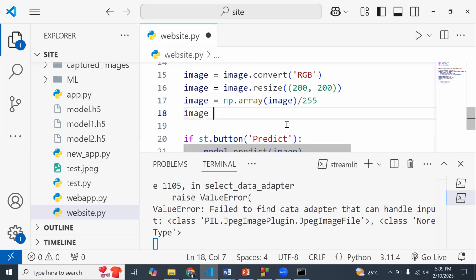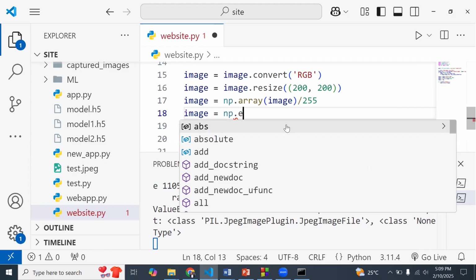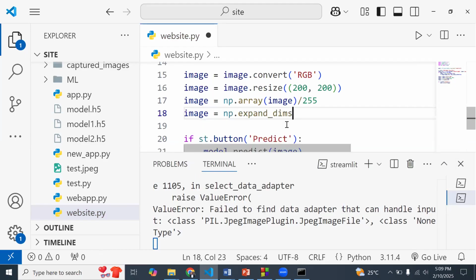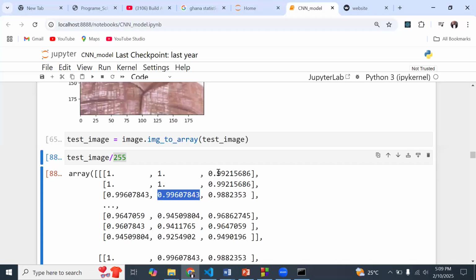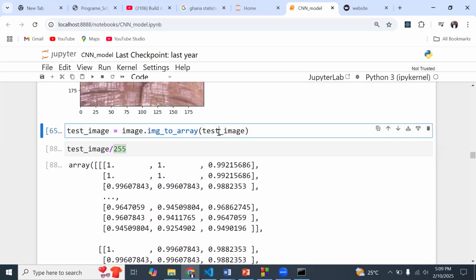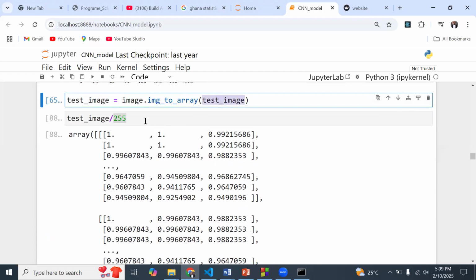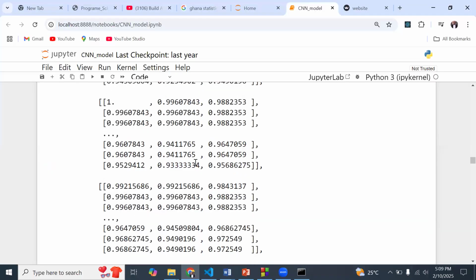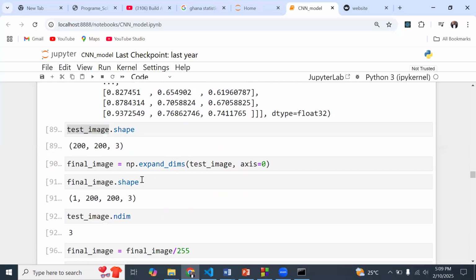So I'm going to say the image is going to be equal to np.expand_dims. This is also something we did in here. So this was to array, and we divide it. That's almost the same thing that we are doing over here. This is to array, and then we divide it. And then the next thing we do is expand the dimension.